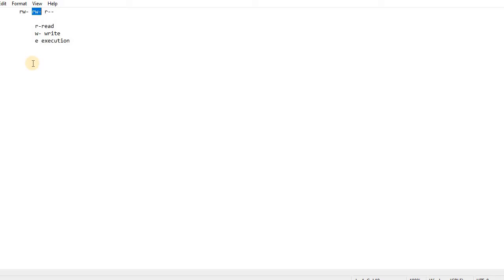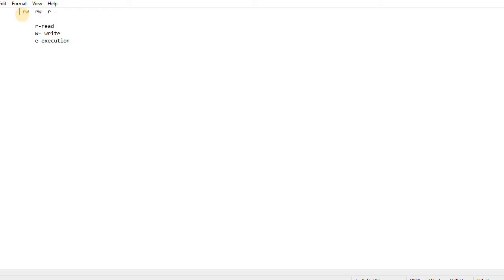The first one, the hyphen, tells you what kind of file it is: is it a file or a directory? The next three characters, rw-, tell you the permissions for the owner. The next rw- tells you the permissions for the users in the same group, and the remaining r-- is for all others.